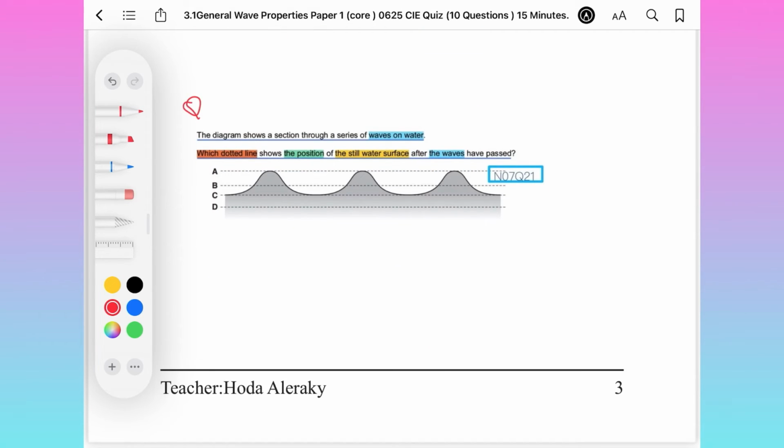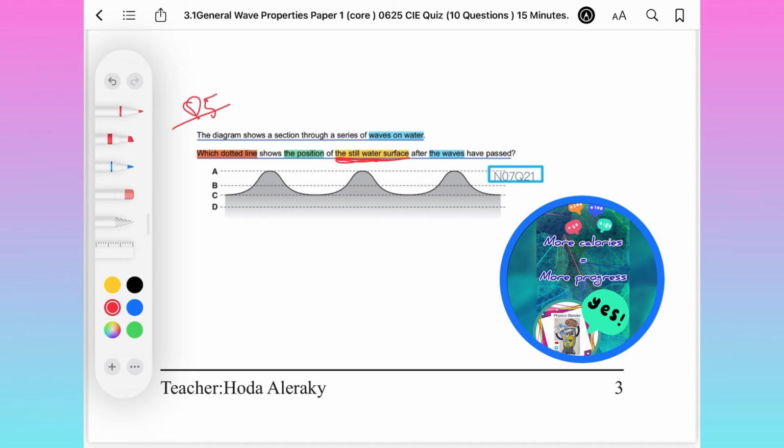Question 5. The diagram is showing a section through a series of waves on water. So which dotted line is showing the still water surface before the wave is formed, before the particles at the surface of the water vibrate up and down? So it's the rest position, the undisturbed position, the equilibrium position, before the particles are disturbed and moving up and down. Particles vibrate up and down. Okay, so the answer is